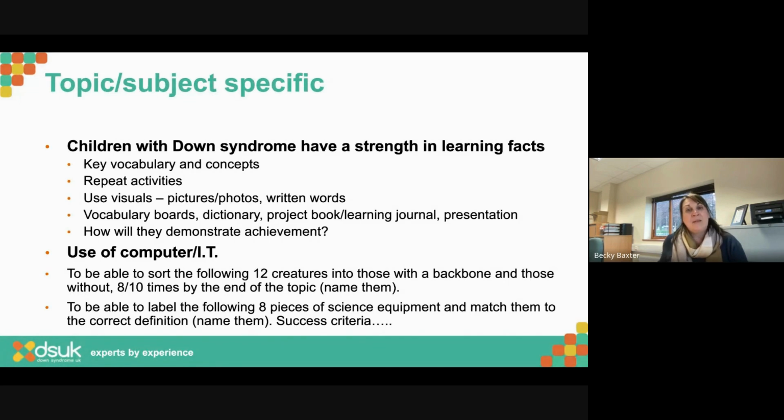I want to be thinking about that assessment right from the very, very beginning. So I want to think, okay, what is it I want this child to learn, and what are the key messages, the key learning that they're going to take away from this topic or from this half term, my literacy targets, whatever it is. How are they going to demonstrate they've achieved that? Because that might impact on how I teach that, making sure I get that level of repetition.